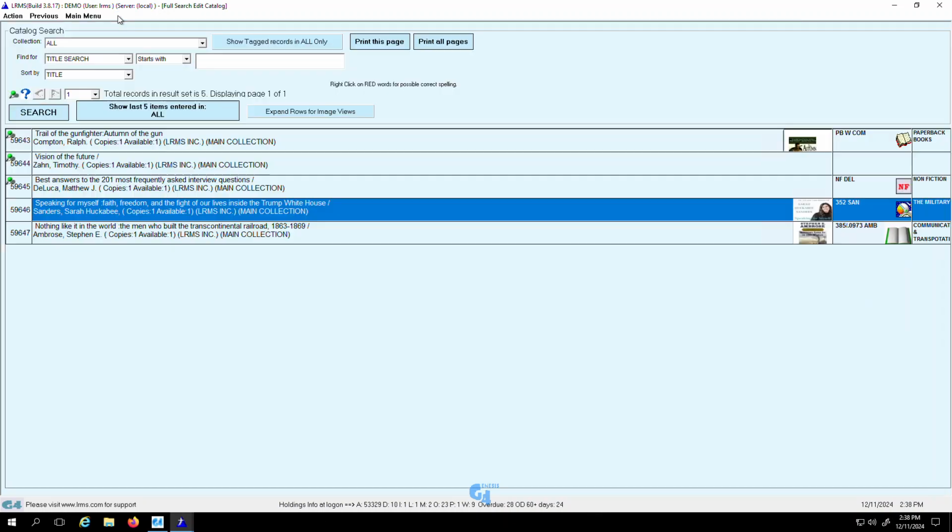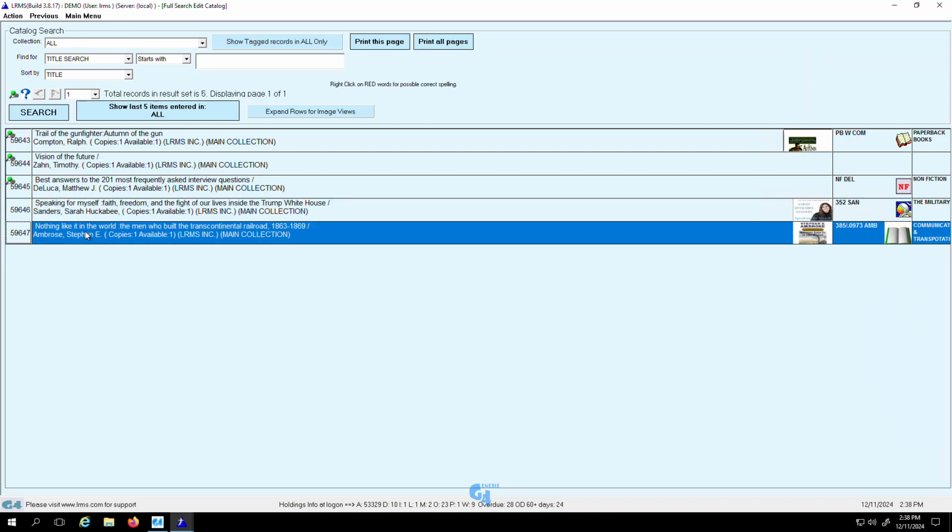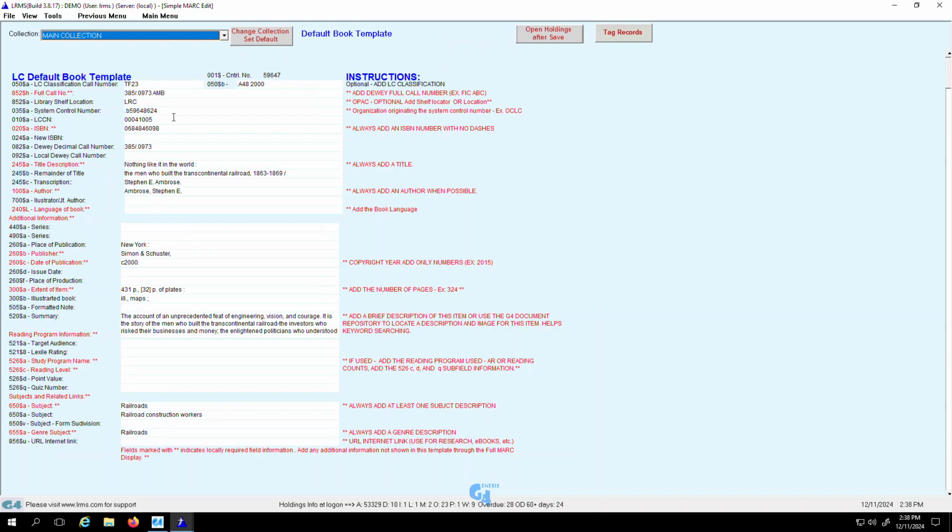And go back to previous, and we can do the same thing for this book. And we have the data here, railroads, subjects, all that. And this is a fill in the blank type template that we provide for different types of materials. In this particular case, this is the default book template. If you're cataloging student equipment like laptops or